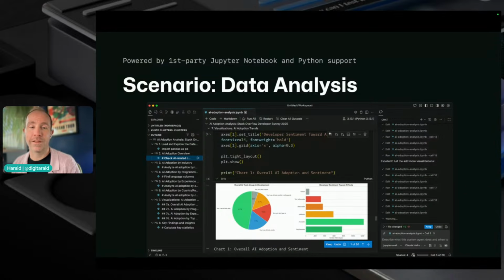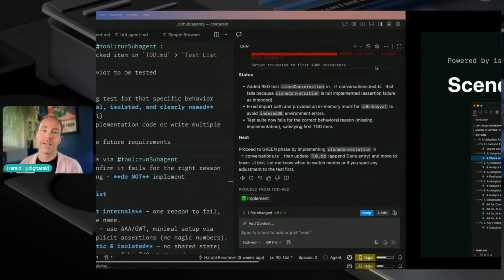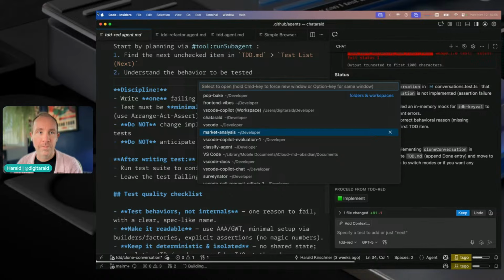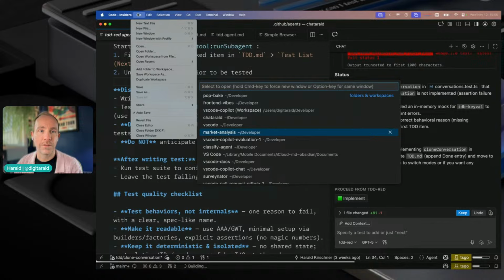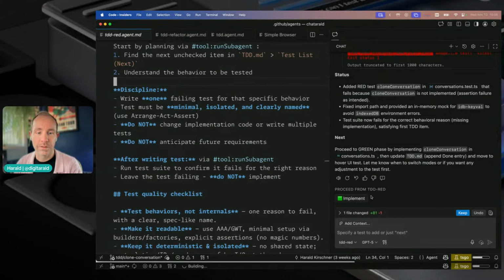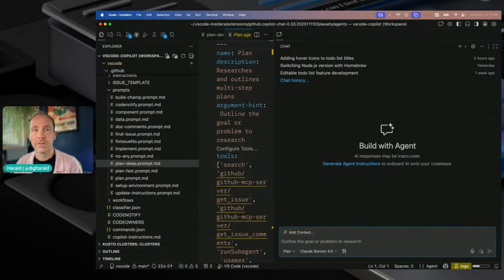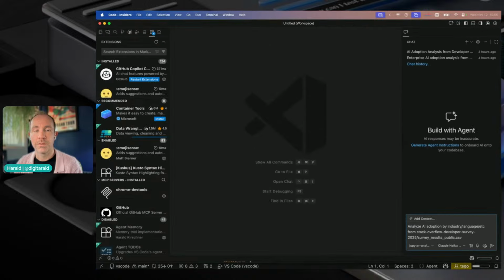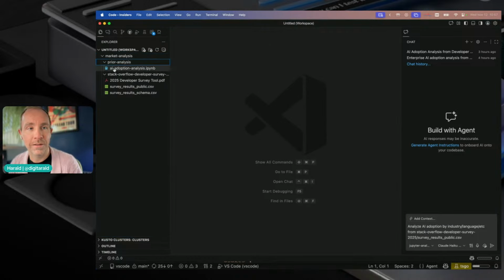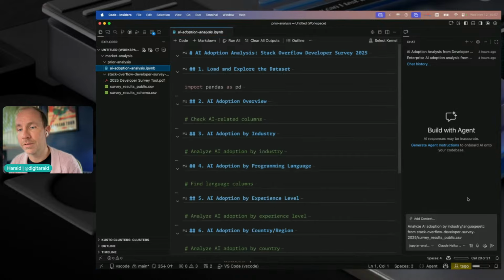Notebook analysis. I might just show off the result because it is fun to look at. Okay, I'm not seeing my. Just have the Android window. There you go. That's it. Yes. So I did this analysis with